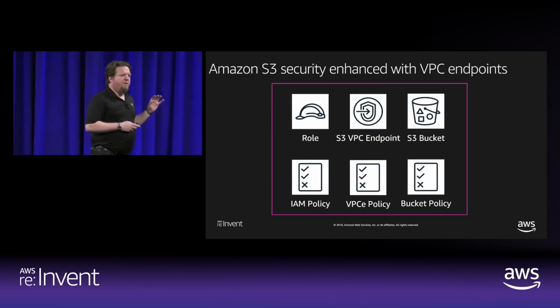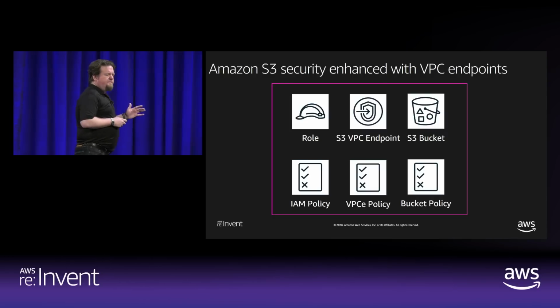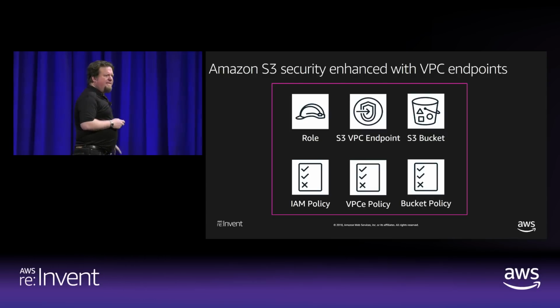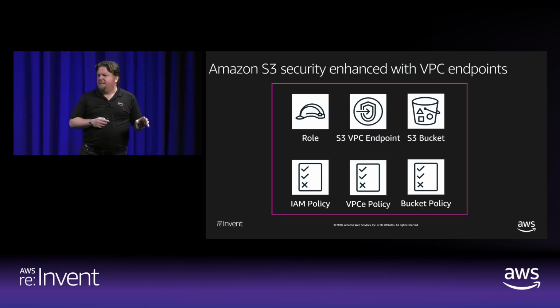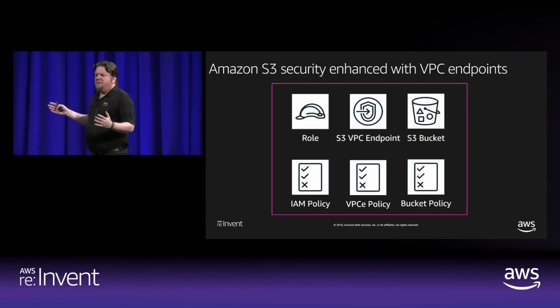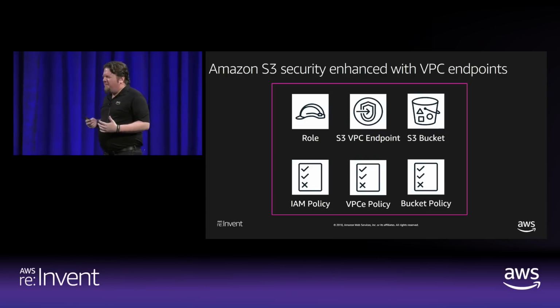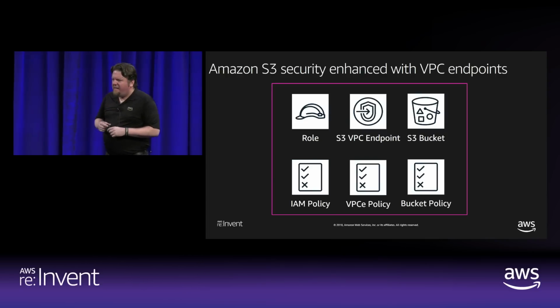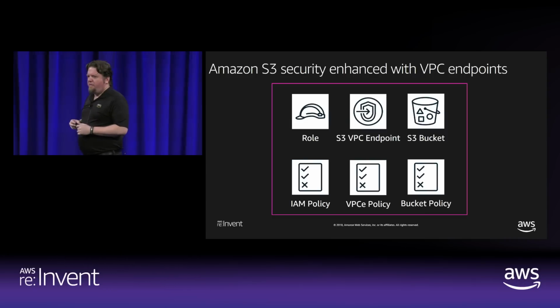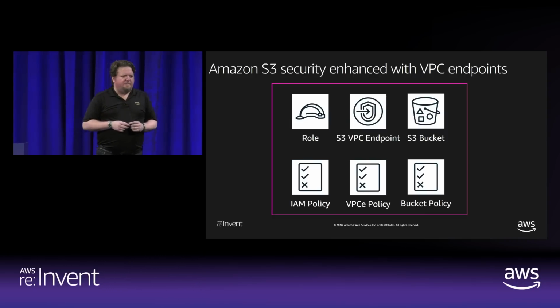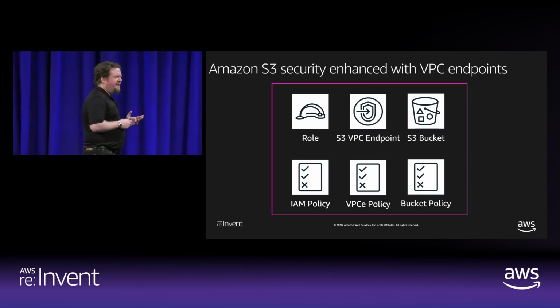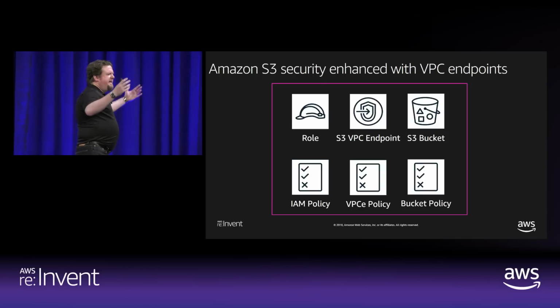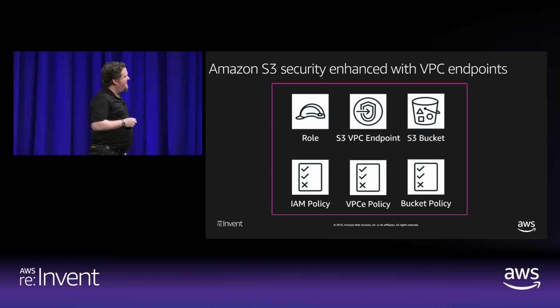So let's go deep on a very common access pattern. I've got identities in my virtual private cloud, and they need to access S3. Four years ago, I'm going to light up an internet gateway. I'm sorry, did you say internet gateway to access my secure data? That's fine, it's TLS. Your security people don't like that. So we give you something called an endpoint, so you can reach S3 privately without giving internet access to all the instances in your environment.